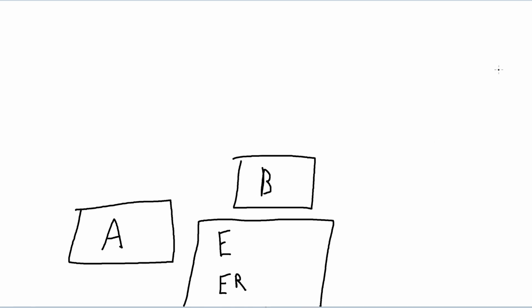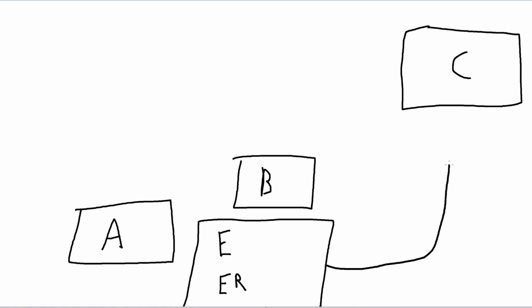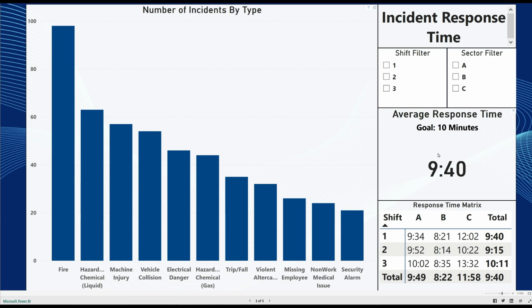But then if Sector C is located almost off in a corner of the plant, and maybe there's some kind of access road you need to take, and that access road takes 2 minutes to navigate, it should make sense that Sector C should have 2 minutes added to its goal time, because it'll always have that built in, just traveling there before you can even respond to the incident. However, a better solution, and what I would actually recommend, is to implement changes that fix the problem and reduce